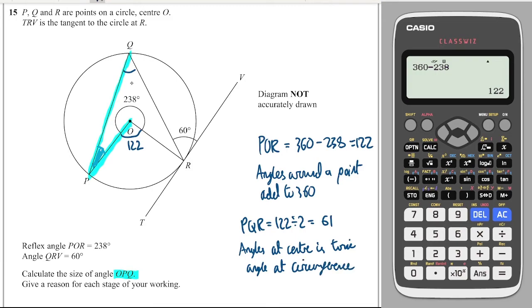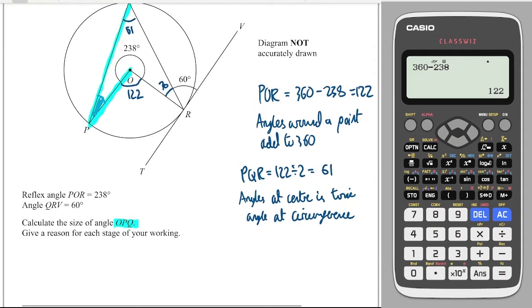Okay, so that's 61, and I've got to use this 60-degree angle now. Right, that tells me that this angle here is 30. And we would say that this angle would be ORQ. ORQ is equal to 90 minus 60, which is equal to 30, and that's because radius and tangent